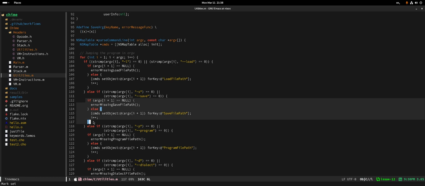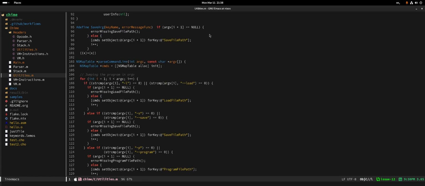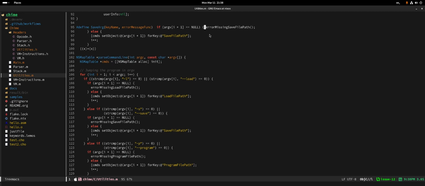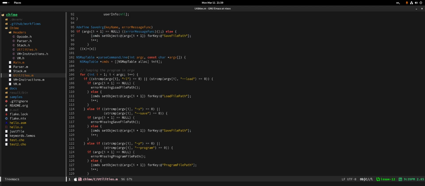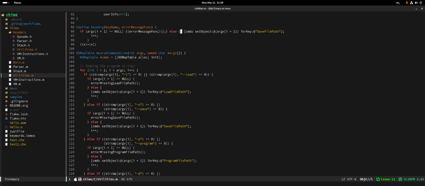Okay, let's actually just grab it and put it in here and make it inline. Why not? So in here we're gonna do error message func parentheses. You should put parentheses around the error message func. I should put parentheses around the error message func, like this. Yeah. Okay. Then we're gonna do that. Yeah, I think it's at least fair to put it in here. And you're gonna do this. So I want the quotes, but